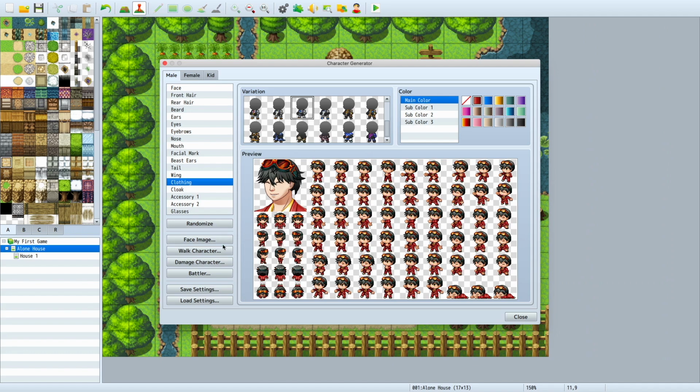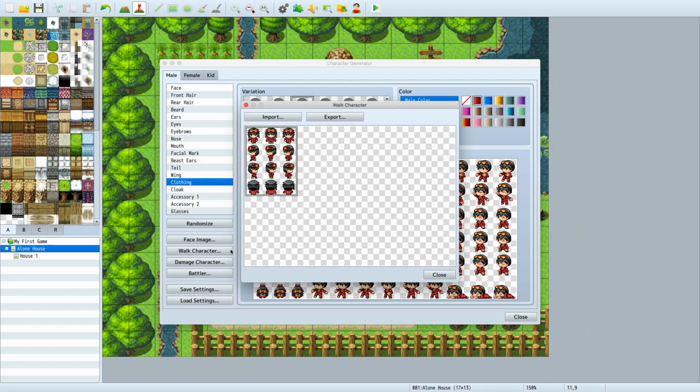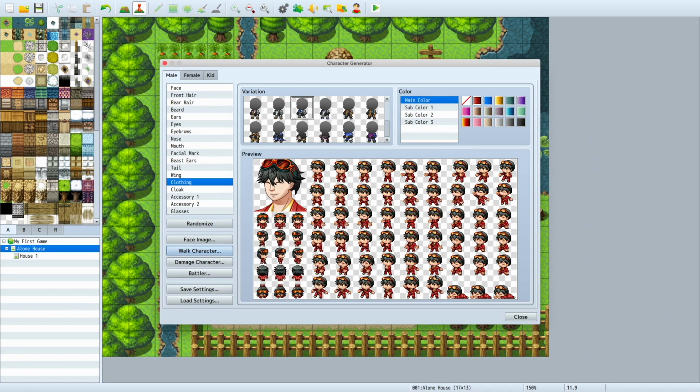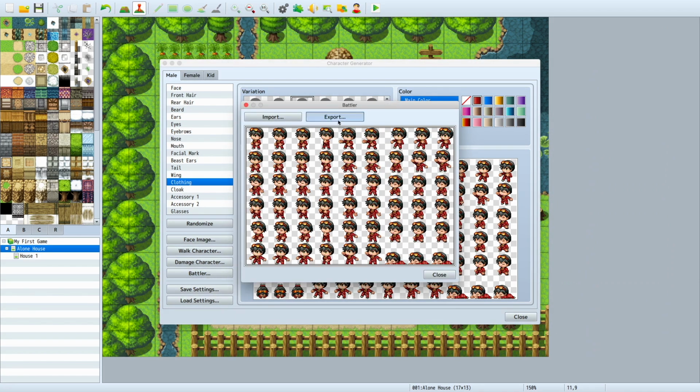So what I can do now is hit face image, hit export, and then give it a name. I'm gonna give it My Guy, and then copy that right now. Copy, save, and then you hit close. You can hit walk character, export. I'm gonna hit once again My Guy. Hit save, close, damage, export. Then you're gonna do My Guy Dash Damage, close. We're gonna do battler, and then export My Guy, save, and then hit close, and you can hit close